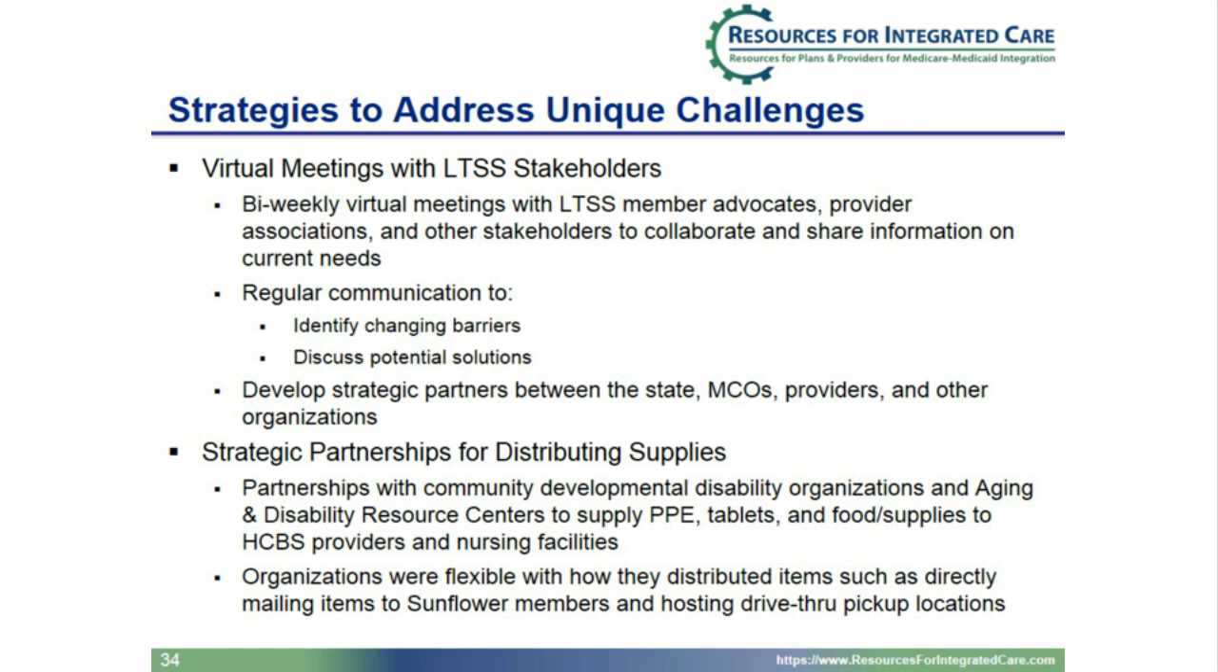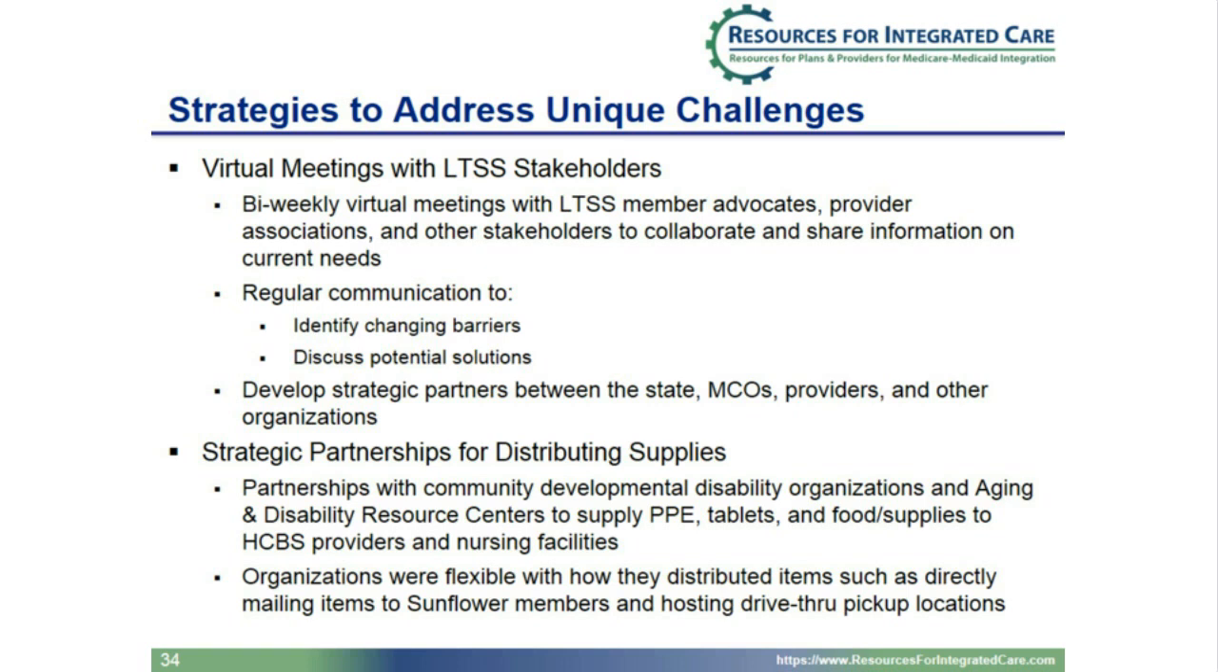Sunflower Health Plan was able to develop partnerships with our Kansas Community Developmental Disability Organizations, the Aging and Disability Resource Centers, our Centers for Behavioral Health, and our Centers for Independent Living to get necessary supplies out to our members. We were able to deliver about 500,000 masks and several hundred boxes of gloves, as well as tablets and food supplies to individual members in the home who receive home and community-based services, as well as to our HCBS providers